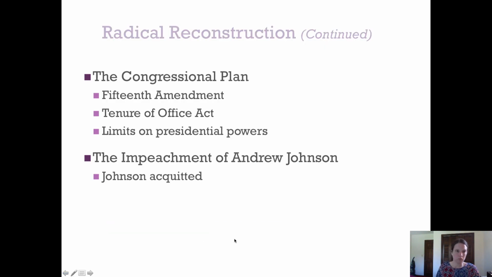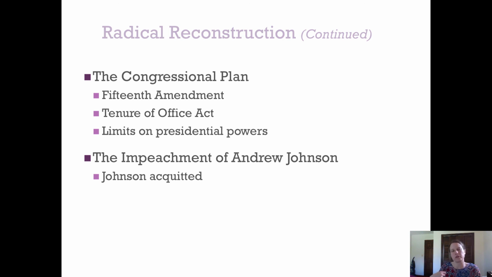They wanted to make sure that kind of everything was on the table. When those three bills came, Johnson vetoed all three of them, but then Congress overrode the other ones. The 15th Amendment was put on the table and ratified in order to